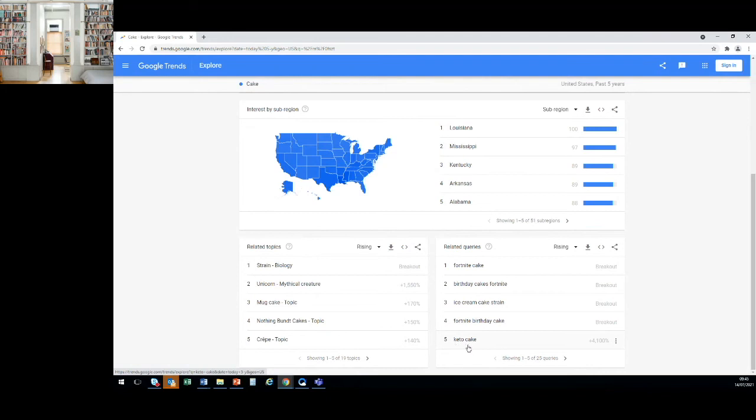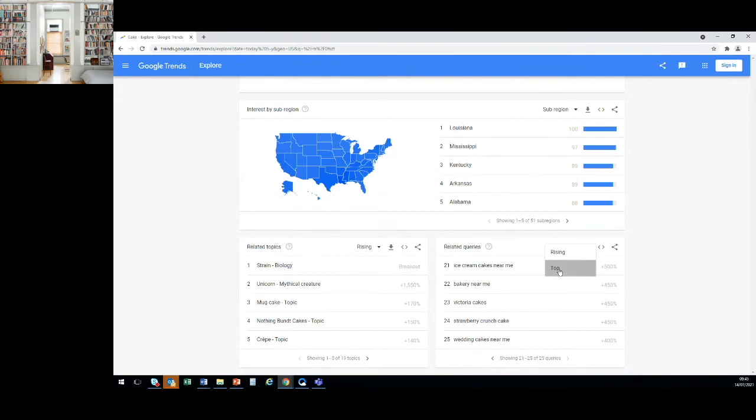We can see keto cake has upped, maybe because the keto diet is very popular nowadays. Other than that, there's unicorn cake, but it doesn't give me much information about flavor. Because these are rising, I do some adjustment: I click the arrow and look for the top.